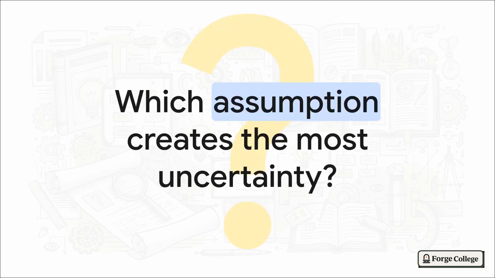I'll leave you with a final thought to chew on. Which hidden assumption in the Bitcoin network produces the greatest uncertainty under realistic conditions? Is it the humans? The hardware? The internet itself? As you ponder that and plan your next experiment, be sure to head over to forge.college to